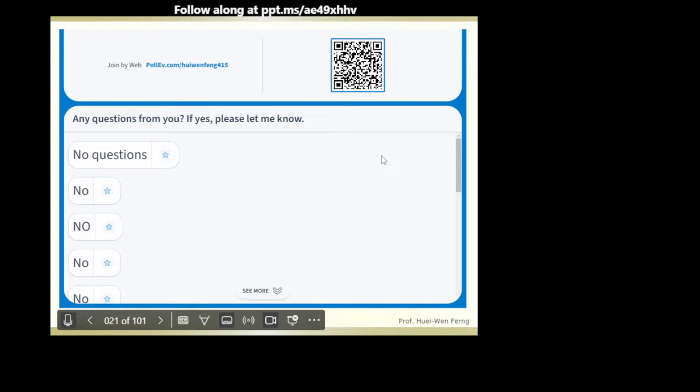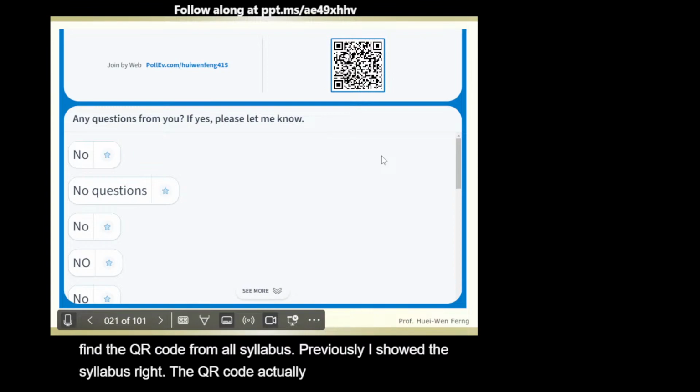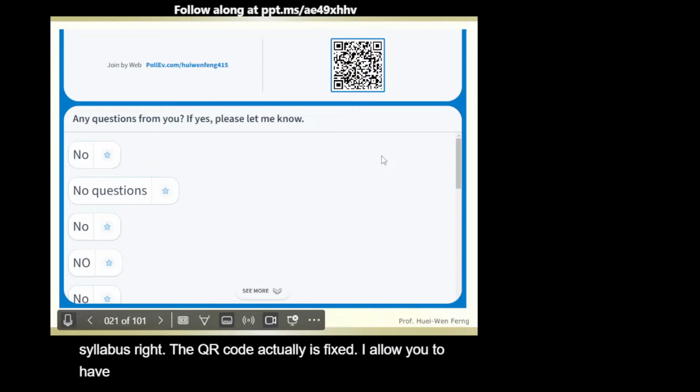And I always use the same QR code. You can find the QR code from our syllabus. Previously, I showed the syllabus, right? The QR code actually is fixed. I allow you to have these only. So if you fail to scan, you can key